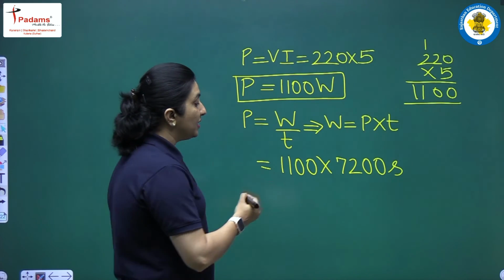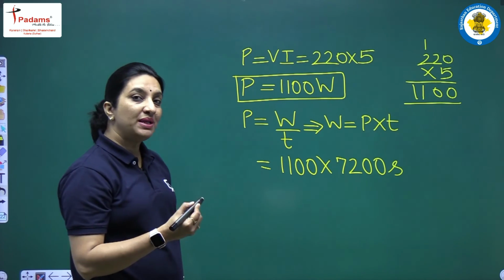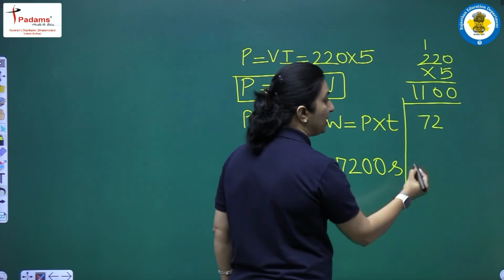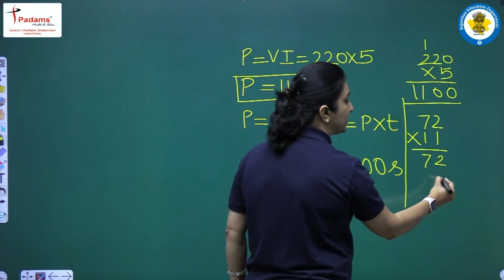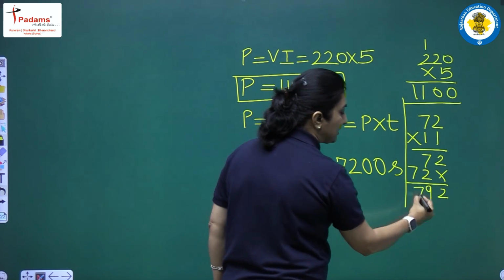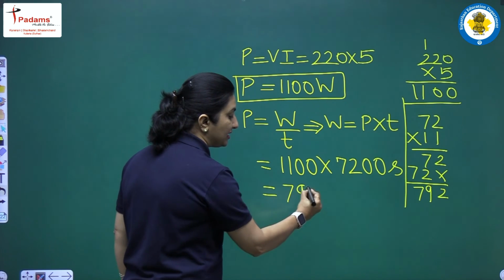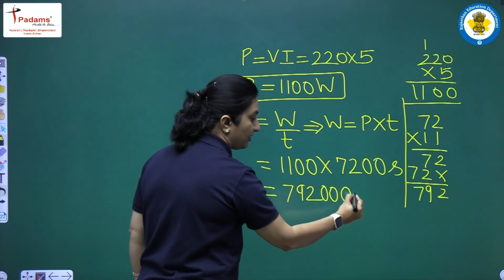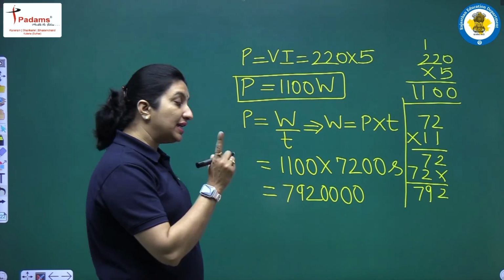We calculated here, students, 7200 seconds. So we will use this. So we need to multiply this 1100 by 7200. So we will simply multiply 72 by 11. So if I multiply this 72 by 11, what I get is 1 2s are 2, 1 7s are 7, 1 2s are 2, 1 7s are 7. So I'll have a 792. So if I write it here, I'll have 792, 2 zeros from here and 2 zeros from here. So this is the work done, which is equal to the energy.